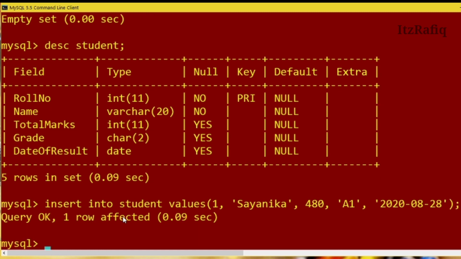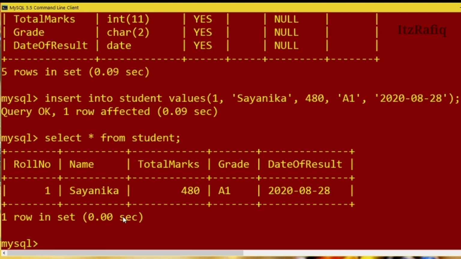So it's showing query okay. Now suppose I want to see the information I have just entered. For that you will write select asterisk from student, semicolon, enter. So this way you can insert information in your table.